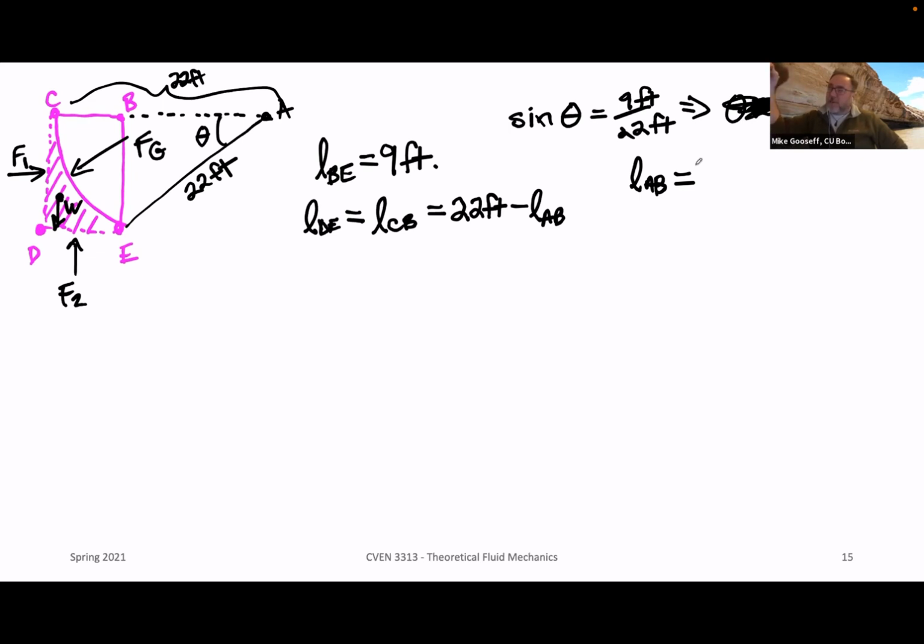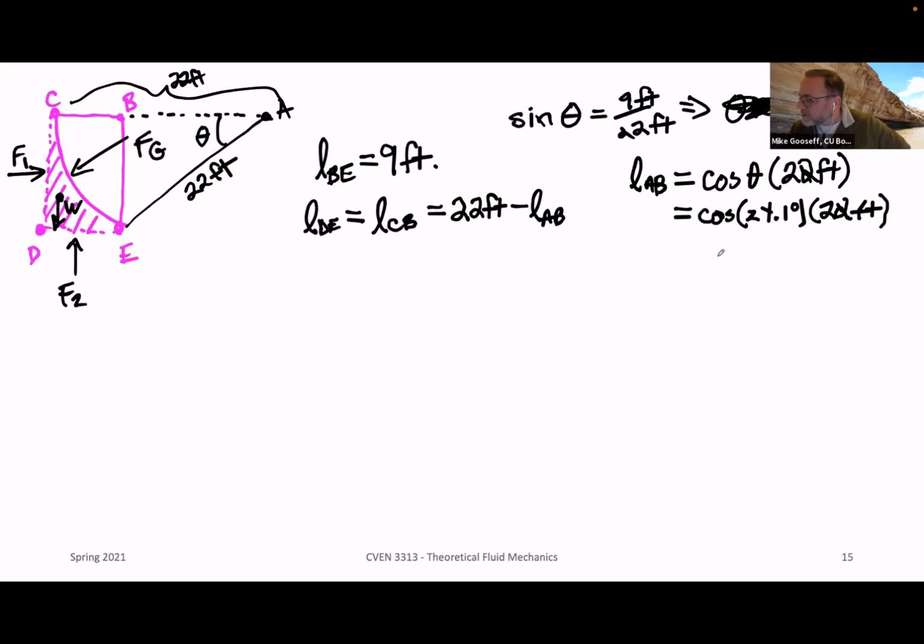We said cosine is equal to LAB over 22 feet, so LAB is cosine of theta times 22 feet, which comes down to the cosine of 24.1 degrees times 22 feet. Okay, so when we work this out,